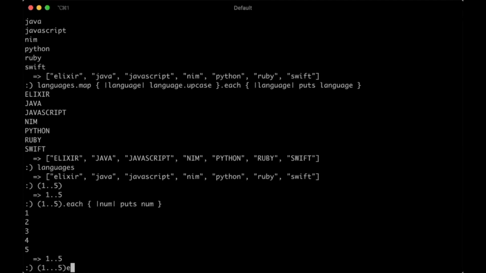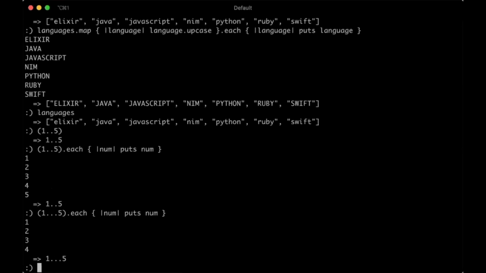With 3 dots, it's non-inclusive of the end. So with 2 dots, it's a range that's inclusive of the last value. With 3 dots, it's saying go up to this but stop. So it's 1 through 4 and 1 through 5. Ranges are pretty useful when you want to do something like